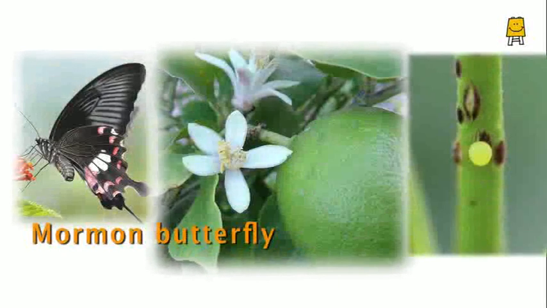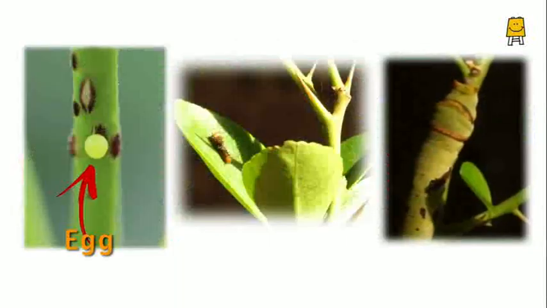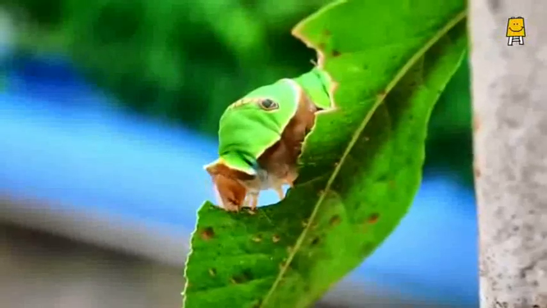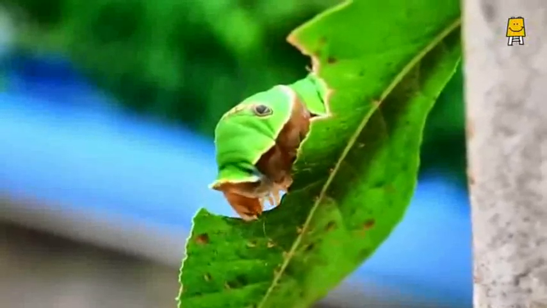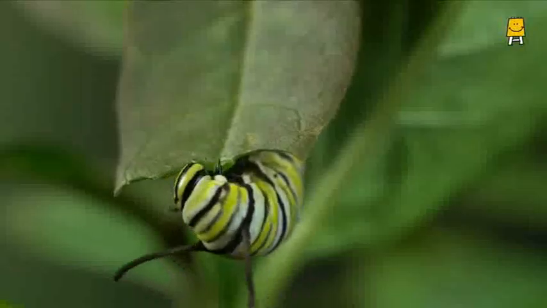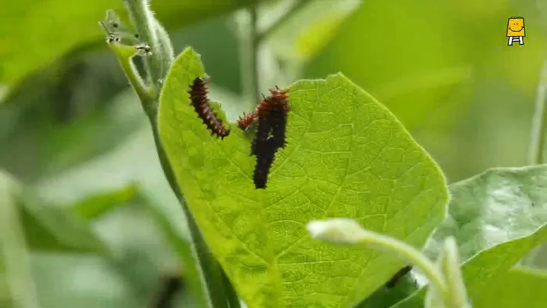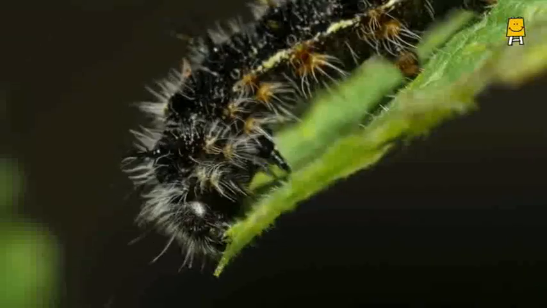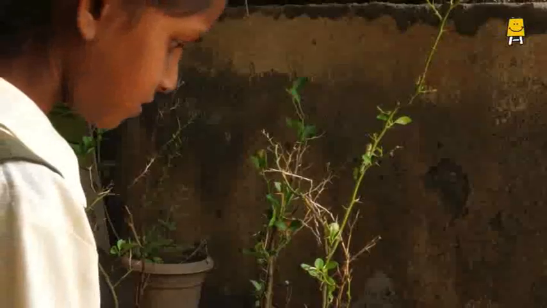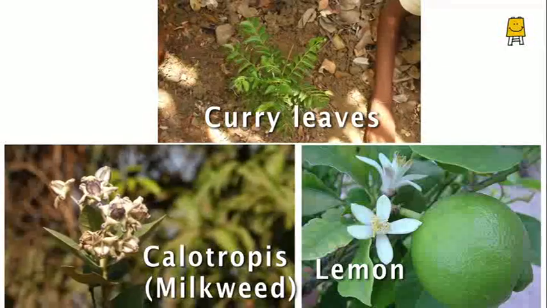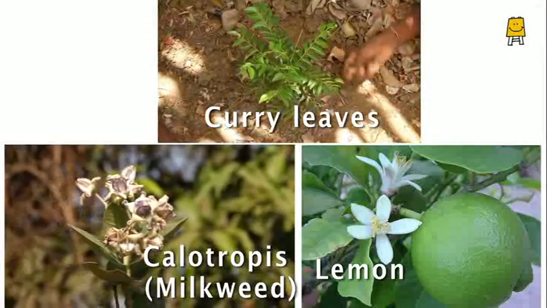This marmon butterfly is laying its eggs on the lemon plant. When the caterpillar hatches out, it will have plenty of lemon leaves to feed on. These leaves are its food. Actually, caterpillars of different butterfly species feed on leaves of different plants. Thus, if we plant a variety of those plants that different butterfly caterpillars eat, we will soon have many types of butterflies visiting our garden. These are some plants that caterpillars eat.